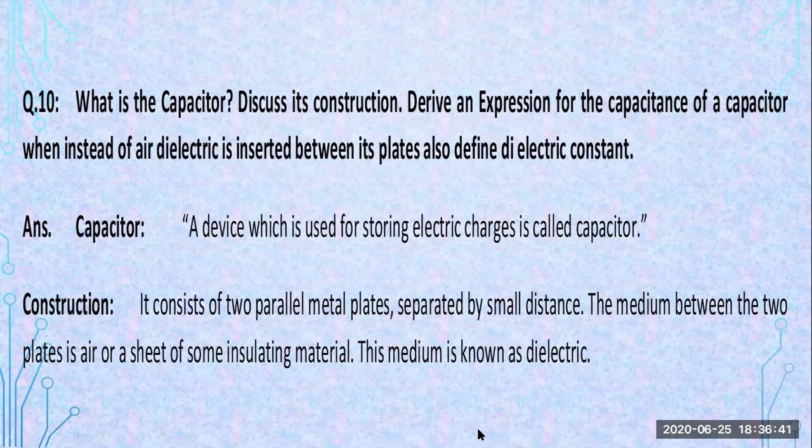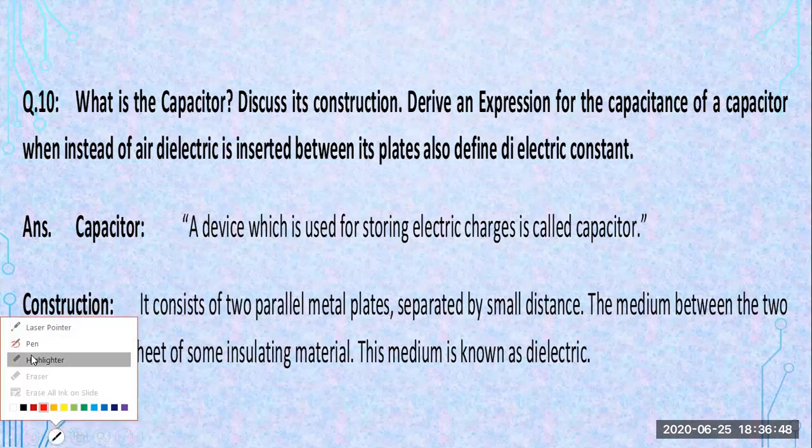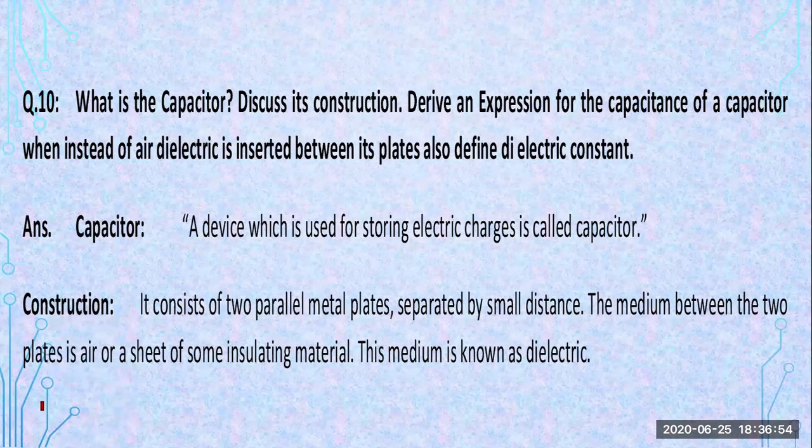For that, it is very important to learn about capacitors. First of all, we will see what capacitors are. Then we will study the construction of capacitors, how they are constructed, and how they work. First, I have designed a question: what is a capacitor? We will come to know what capacitors are. Then we will discuss the construction of capacitors. Then we will derive an expression for the capacitance of a capacitor